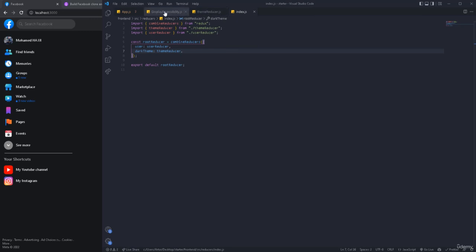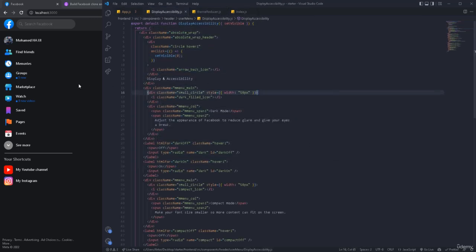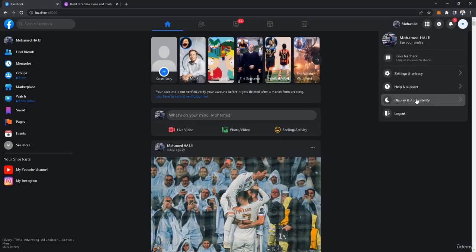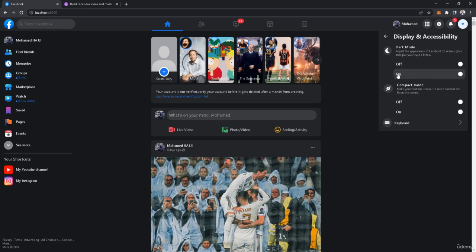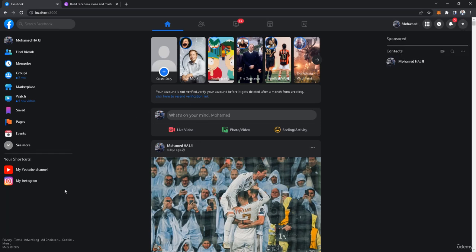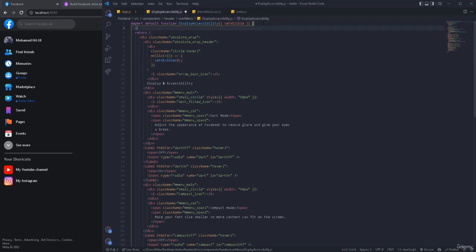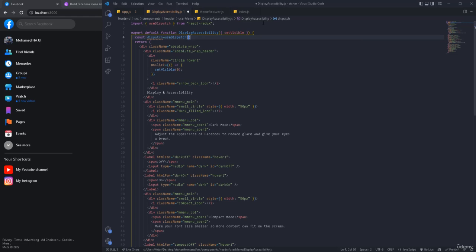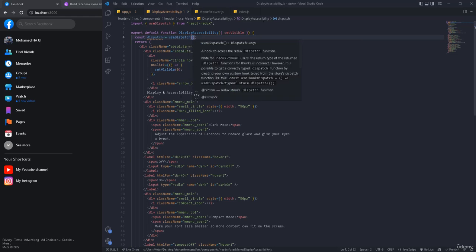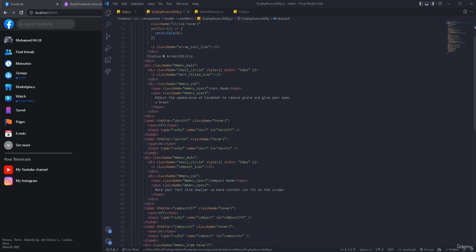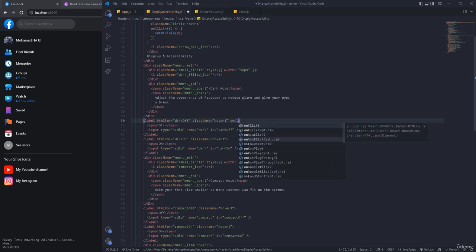Now if you go back to the display accessibility, this is simply this menu right here. We can now work on clicking on the on, on the off, and change it. First of all, I need the dispatch action. I can use dispatch from React Redux, and then I can go back. I'm going to use the label. This is for the off, to disable it. So on click,